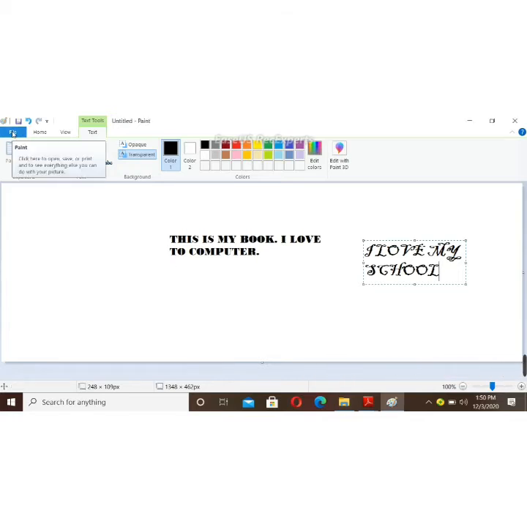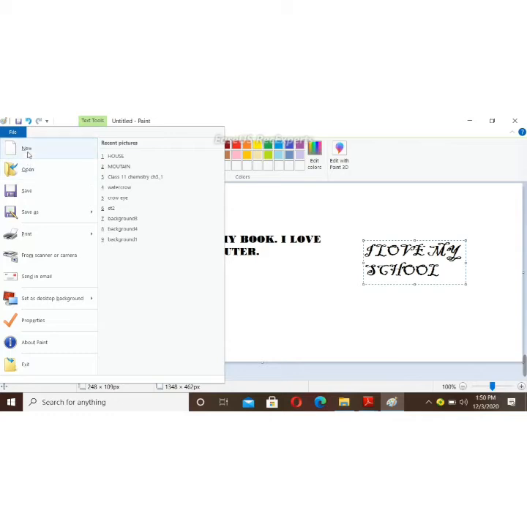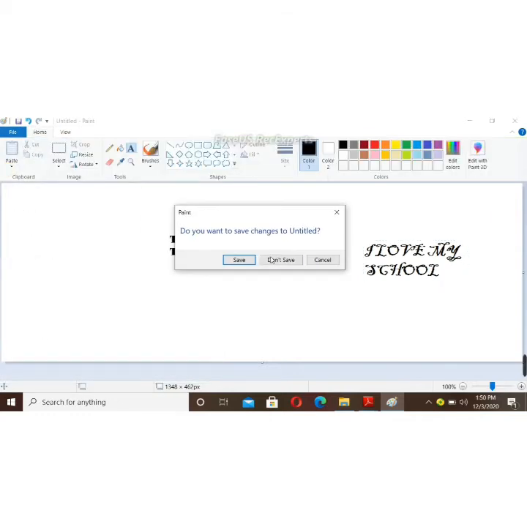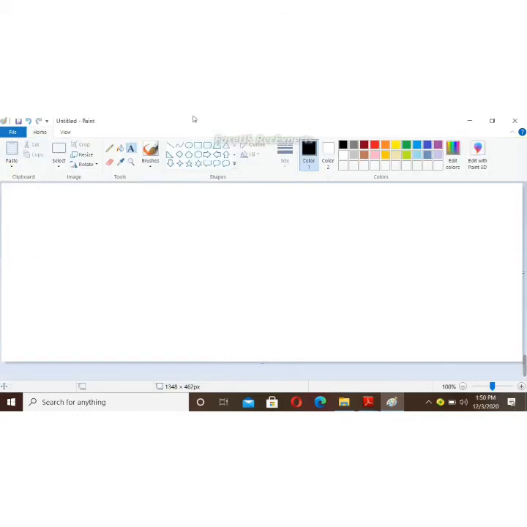Next I will show you the use of the eraser tool. So I am drawing a line. Using the line tool I am drawing a simple line. Then I will show you how we can use the eraser tool to erase this line. See, this is the symbol of the eraser tool, it's a reddish eraser. For using the eraser tool, first I have to select it. So I selected it.